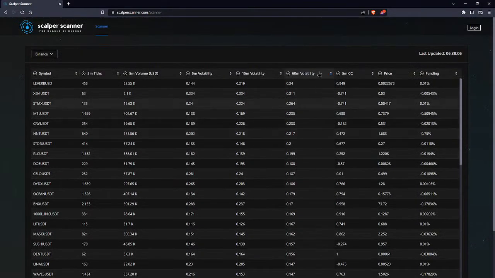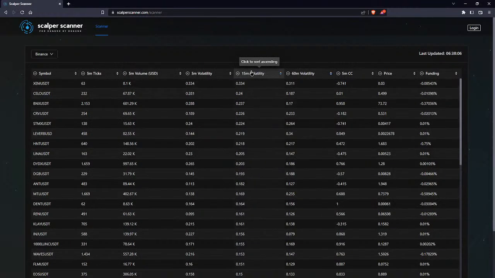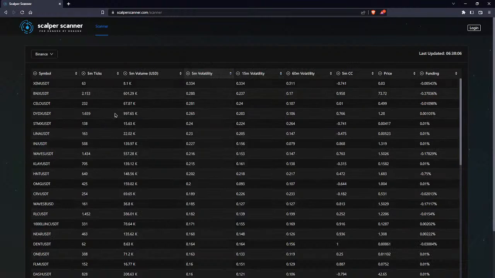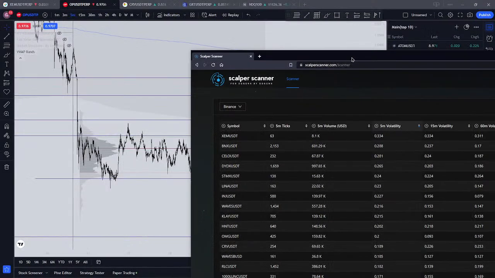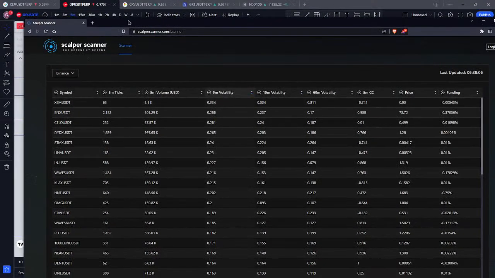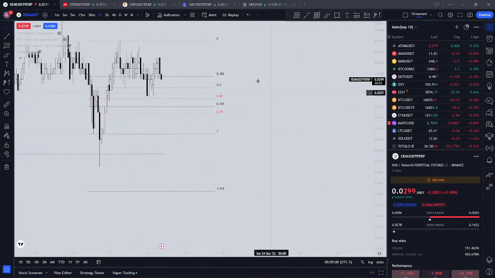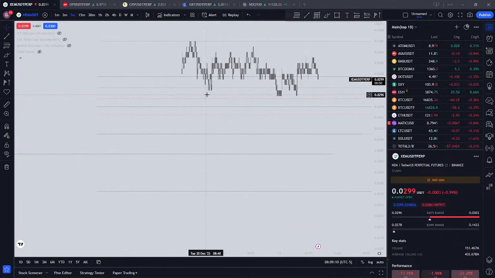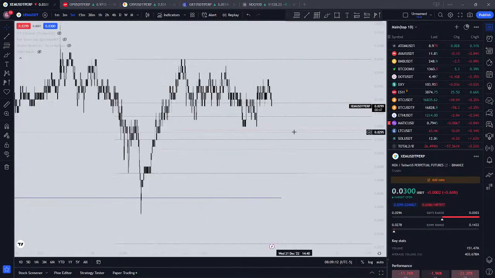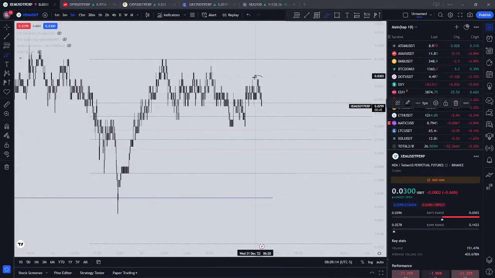In the beginning of the day you use your 60-minute volatility, and for everything else maybe a shorter time frame if you're trading just the London session. So you would use your 15 minutes, and to just immediately scalp you would use your 5-minute volatility. It still shows XEM, which I believe is what we were monitoring just now. If you go on to the 5-minute, I think this is what it's detecting as